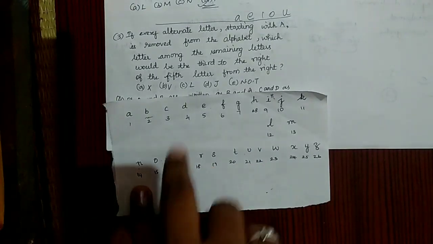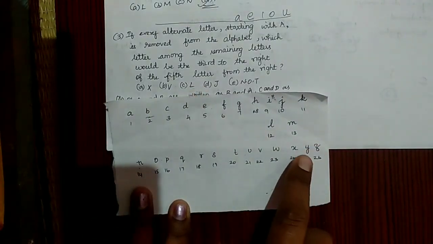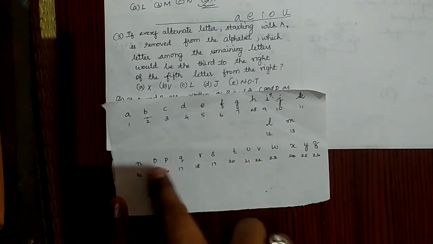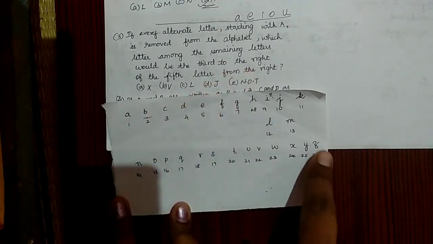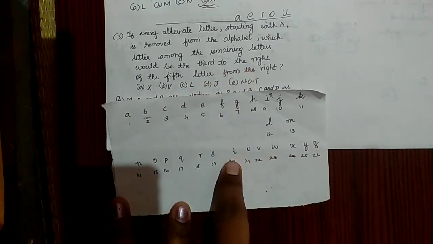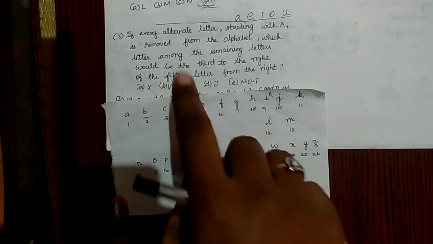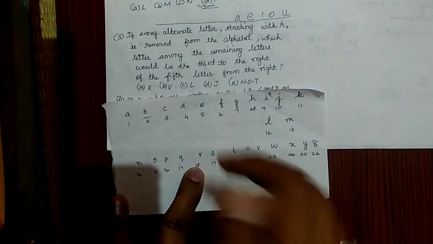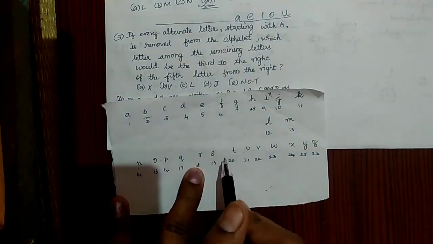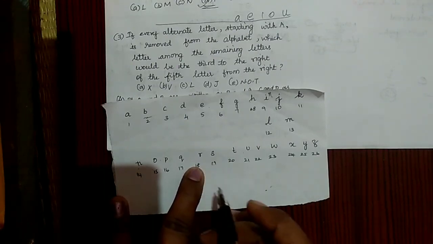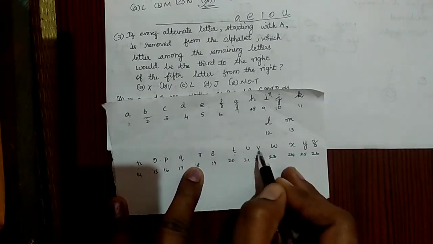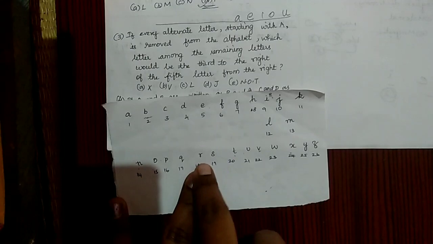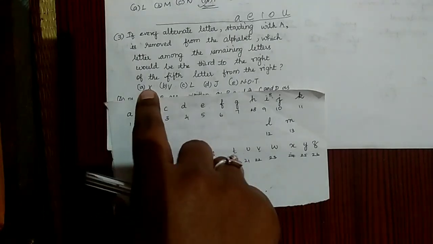From our right, which is the 5th letter first? Our Y, Z, X, V, T and R, P, like this we have to consider. Which is the 5th letter from this? Z, X, V, T and R. R is the 5th letter, right? So third to the right of the 5th letter. From this we have to count which is our third letter. So when we take the third letter, it will be T, V and X. So X is the third letter from our 5th letter R. So the option is A, okay?